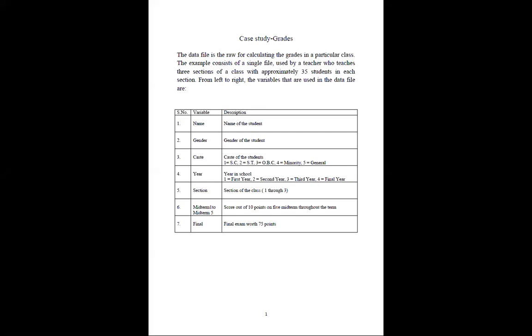Now the teacher wants some information from the students, meaning 105 students: the name of the student, gender of the student, caste of the student, year of the student, section of the student. And the teacher conducted 5 midterm exams, midterm 1, 2, 3, 4, 5. Each midterm exam contained 10 marks, and the final exam, the worth of this, the